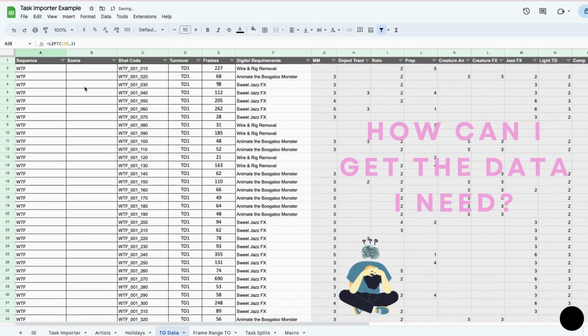So now we have our sequence, but I also need to get the scene from here. I could manually type that in, but if it was a really big turnover and we've got lots of different codes in there, I probably really wouldn't want to, and also I'm lazy, so I don't really want to do that anyway. We can see that our scene is captured in the middle of our shot code, so we're going to use MID. We're going to select our cell, and we can see that the information we need is 1, 2, 3, 4, 5 characters in, and it's 3 characters that we need to return. So now,